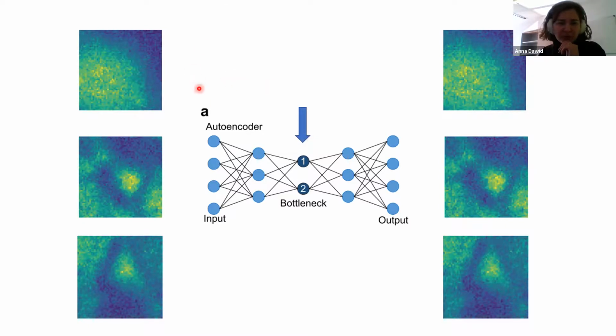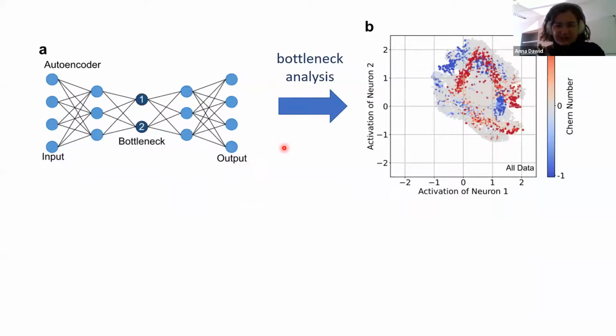So what we did, as I explained to you, we input many examples of this time of flight image, and we were saying to the model, find such parameters, find such connections between your neurons that you output exactly the same picture. And on the way, there was this bottleneck which we're going to analyze. If we do just this, we put time of flight images from the whole phase diagram, do the bottleneck analysis, and then do the clustering, well, it's terrible. We don't see anything here.